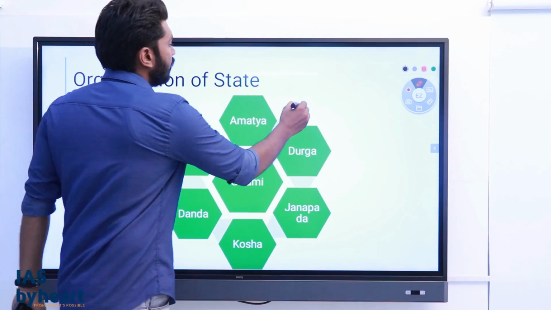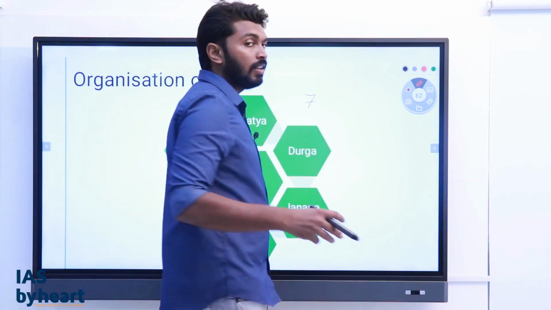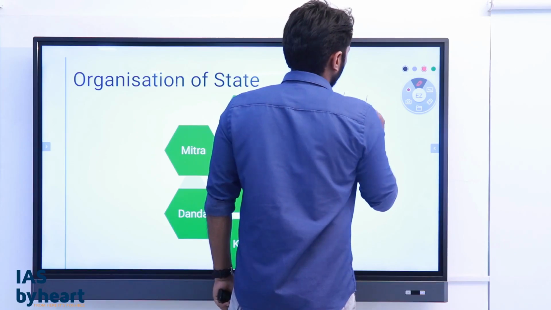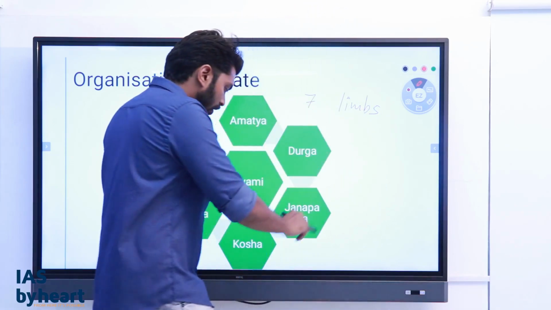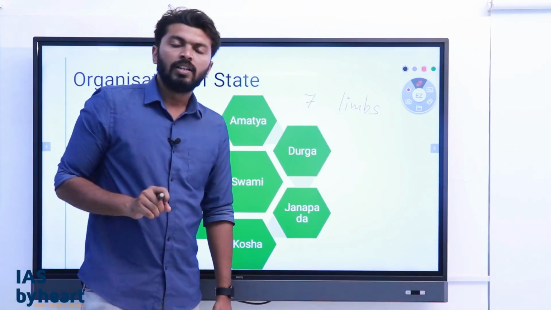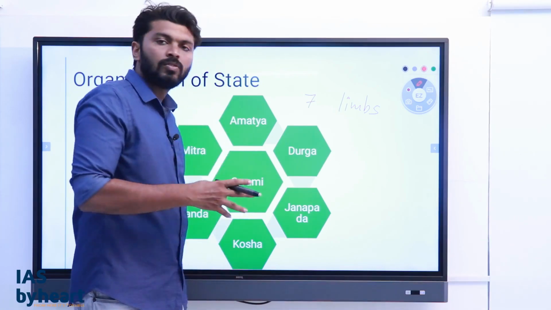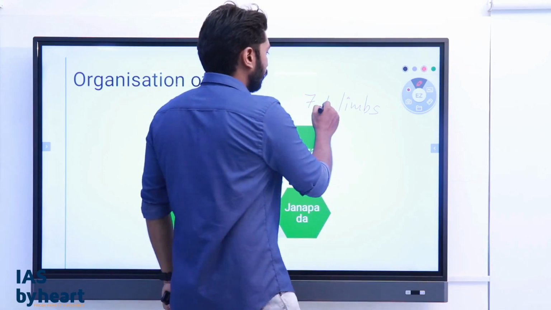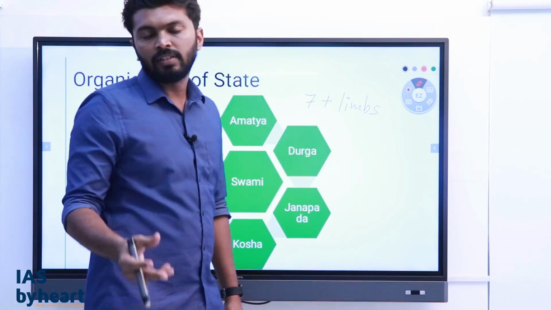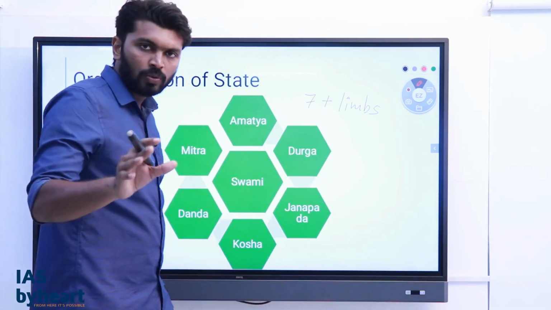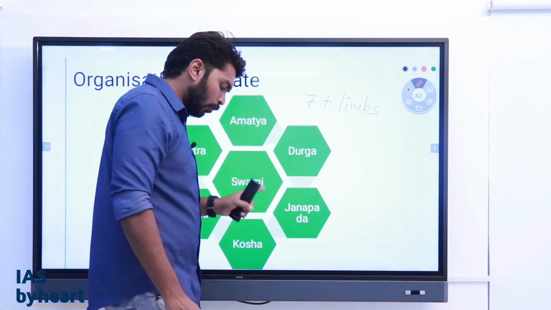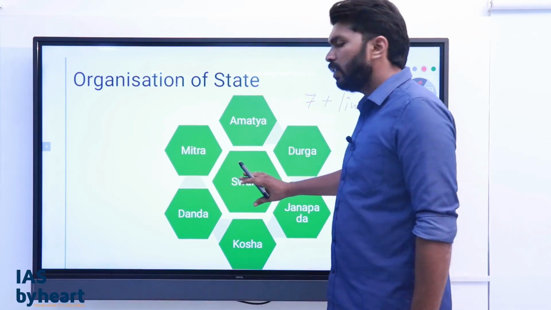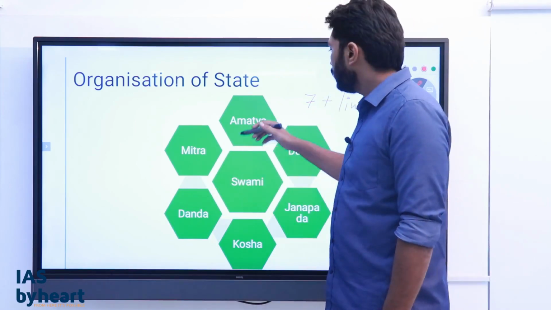So what is Saptanga theory? Sapta means 7. What is Anga? Anga means limbs. These 7 limbs constitute a state as per Chanakya, and it is called a sovereign state. That is called Saptanga theory, 7 limbs, Sapta Anga. So what are those 7 limbs? First and foremost important constituent of this Saptanga theory is Swami, which is nothing but the king, and the next one is